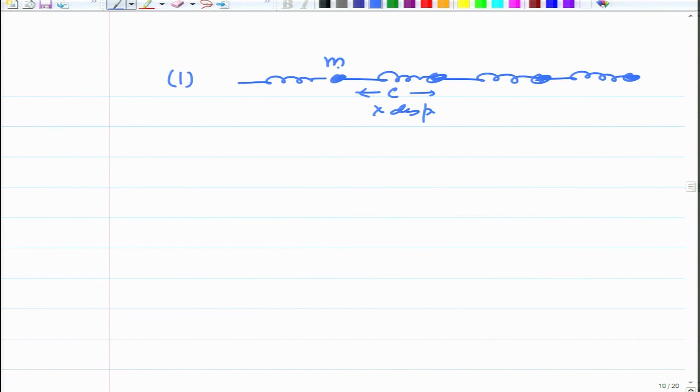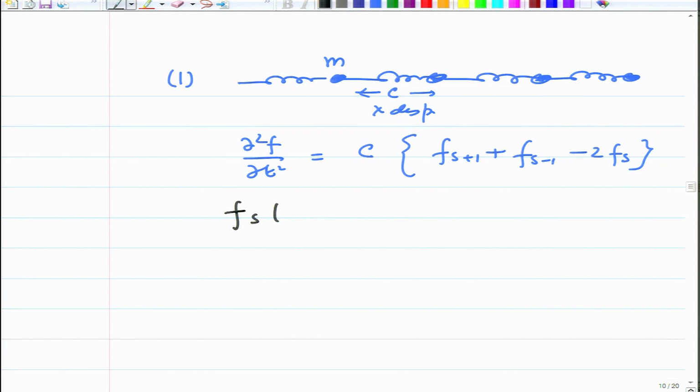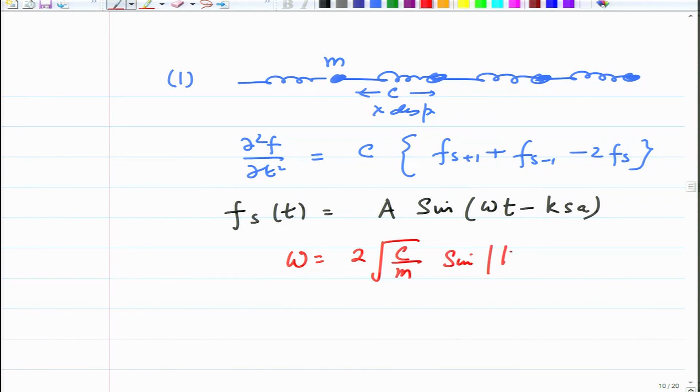So, with this I will conclude this lecture by saying that 1, in a discrete lattice with, I keep making this spring again because I want to show that this force is proportional to c times displacement, mass is m, then the equation of motion is d2f by dt square is equal to c times f s plus 1 plus f s minus 1 minus 2 f s, and the solution f s t is wave like with an amplitude a and frequency sin omega t minus k s a, and the relationship between omega and k is 2 root c over m sin mod k a over 2, and k between pi by a and minus pi by a,